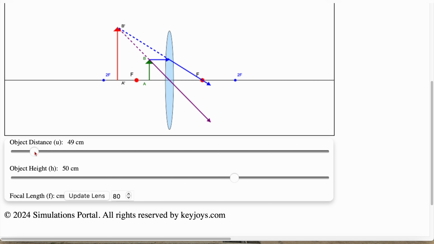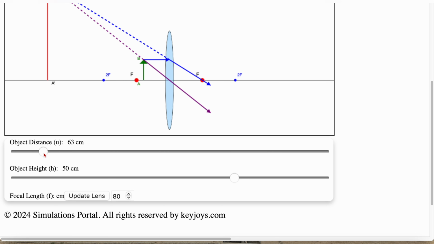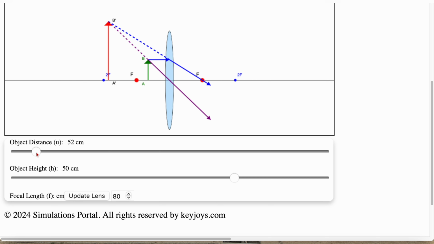Now if I continue to reduce the distance, at any point it will remain virtual only. So when the object is between the principal focus and the optic center, a virtual, erect, magnified image is formed. But if you keep the object at the principal focus, the image is at infinity. If you go beyond the principal focus,